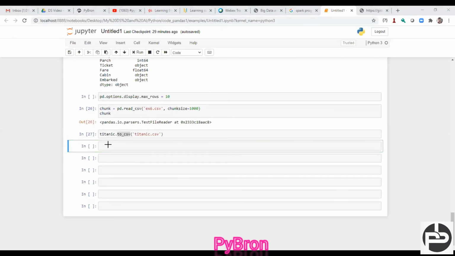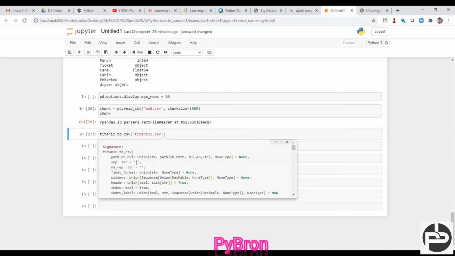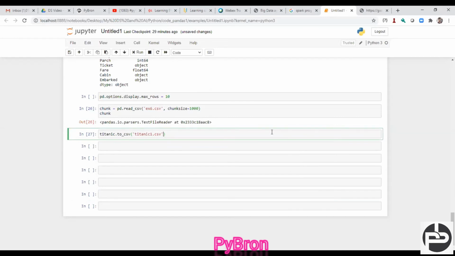Now next, suppose you don't want to store the data as comma separated. You want to store the data in a form like, I'm going to show you Titanic1.csv, and here one argument is also present, a separator. By default, the separator is the comma, so the data is stored in the form of the comma separator. Now I'm going to use separator equal to something like an at-the-rate sign. Okay, and now if I execute this code,